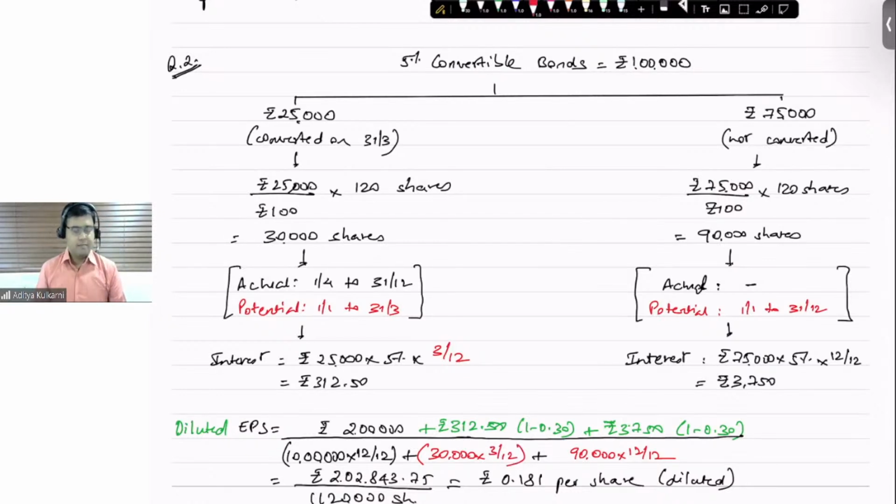For the potential shares, you will have to consider it as 1. 10 lakh, 22,500 plus 30,000 into 3 by 12 plus 90,000 into,